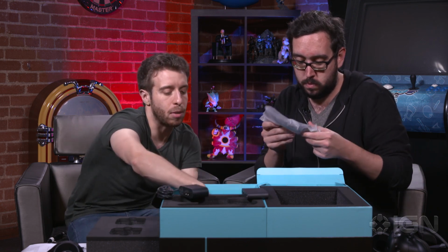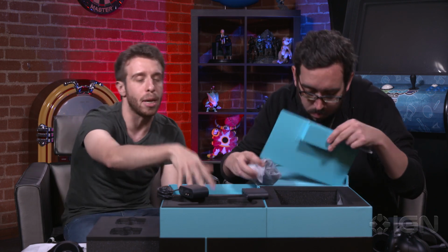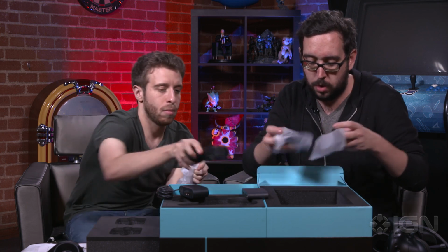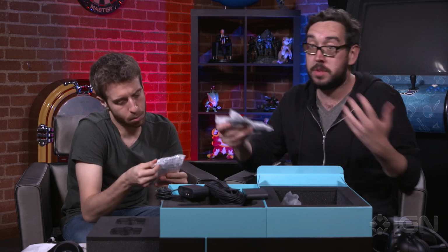You got a power adapter, I believe, for the base station. It's nice that it's equipped, we're talking about the box, but when you open this, it's nice that it's segmented, like the base station stuff is with the base station. Yeah, totally. Et cetera, et cetera. More cords, HDMI cords, USB cords, power cords. We have a second set of the foam padding that goes around the eyes. Obviously you're going to be wearing this a lot, you're going to be sweating a little bit. You're actually moving in these games, so it's a lot like Wii games where you can